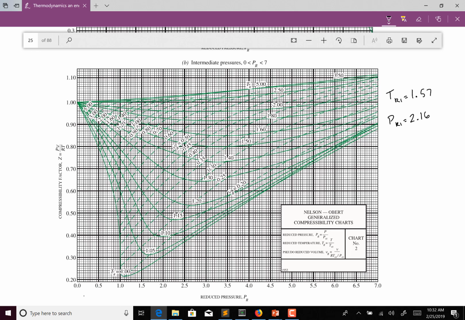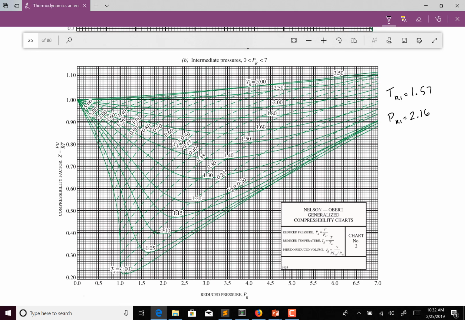So the way I'm going to use this chart is I'm going to find the reduced temperature first. Remember, the reduced temperature lines are these lines that are going like this. We're at 1.57, so I'm going to look for 1.6. That means it's going to be slightly below this line, so maybe about right here, along